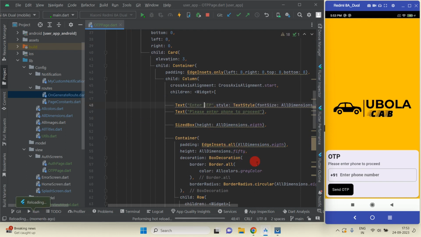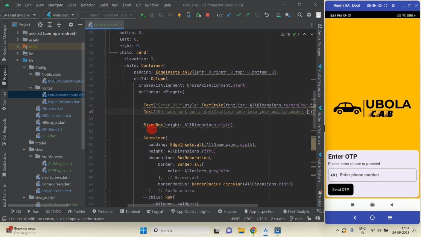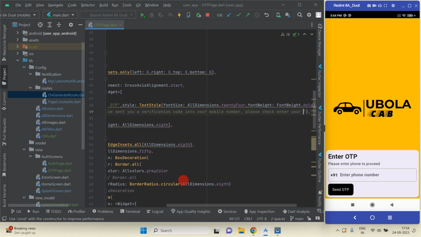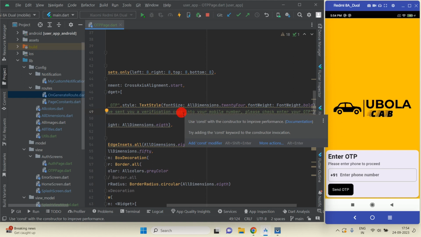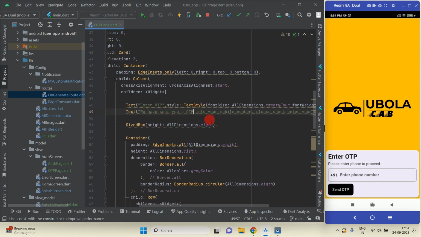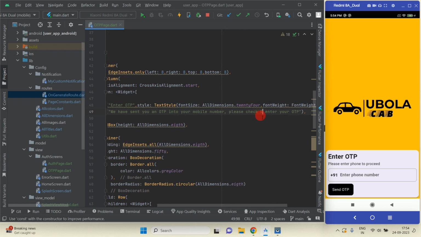So enter OTP, change this title to enter OTP, and this will be successfully we have sent you a verification code to your mobile number. Please enter your OTP. We have sent you an OTP into your mobile number. Please check and enter your OTP. Okay, so this will be the title,